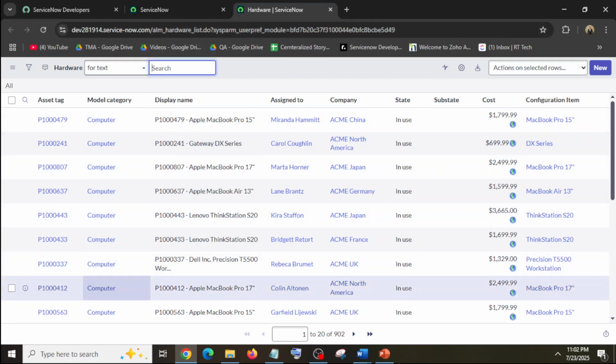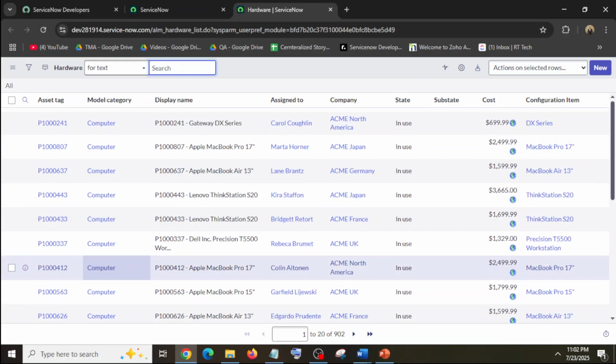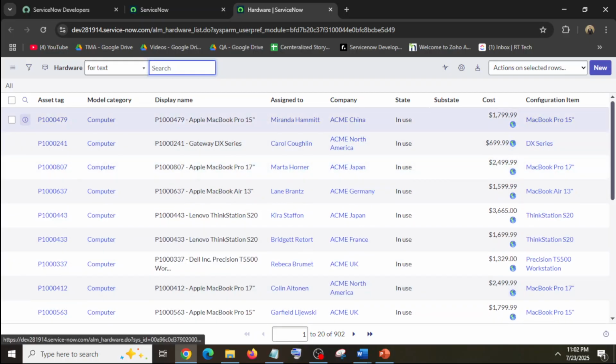So this table contains all the hardware data, hardware assets. Like if we open one,